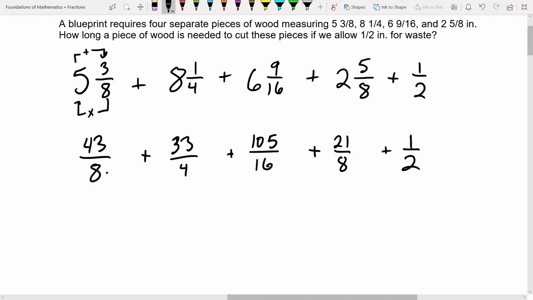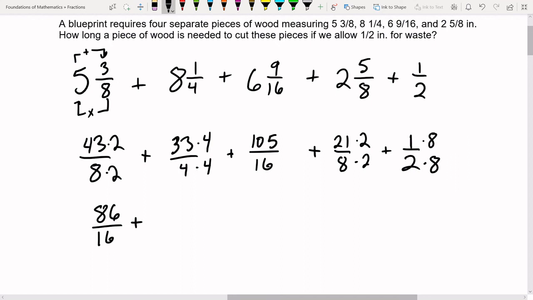Quite simply, right? 8 times 2 is 16. 4 times 4 is 16. 16 times 1 is 16. 8 times 2. And 2 times 8 is 16. So now we get 86 over 16